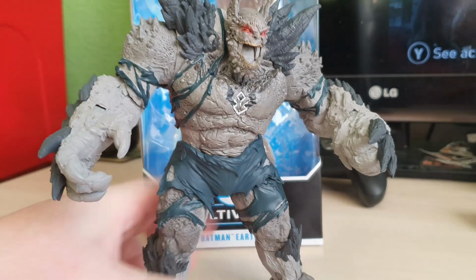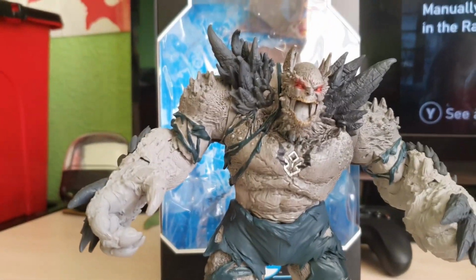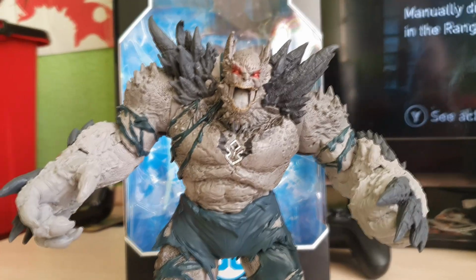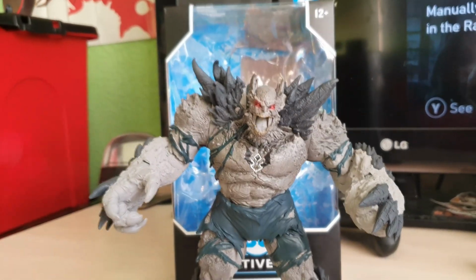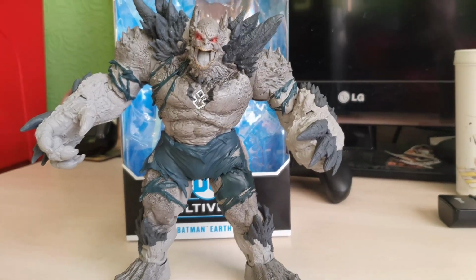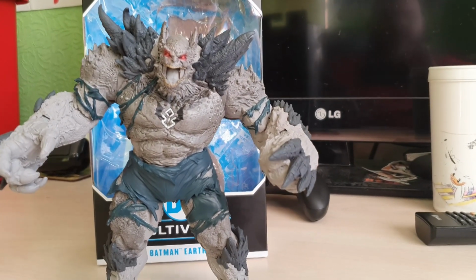I do wonder though when McFarlane's figures are gonna stop just doing Batman and give us other characters. You guys know I love the Batman, and I love the Batman comics. It's probably the only DC comic I read these days is Batman. But I mean, it's cool to have all these different versions of Batman and stuff. But when are we going to get Catwoman? When are we going to get the Riddler? When are we going to get other characters,